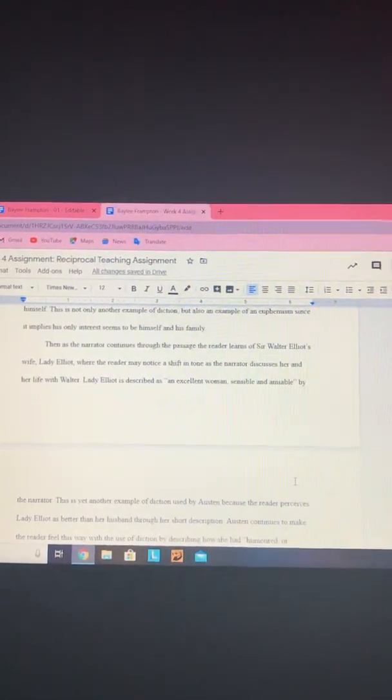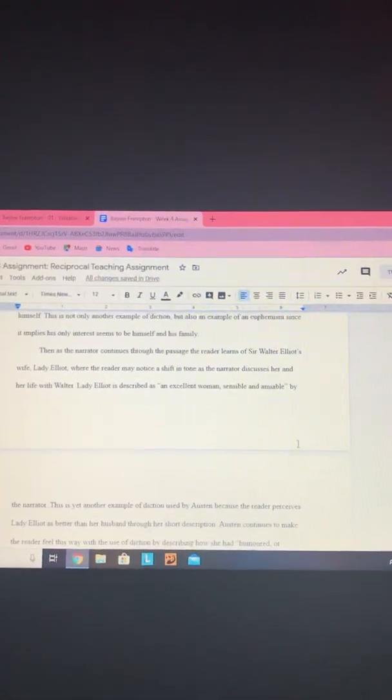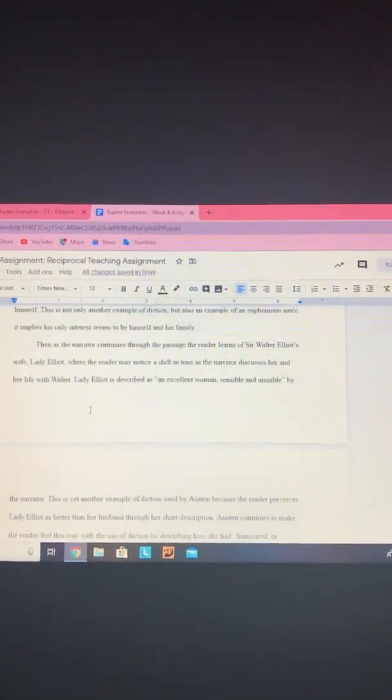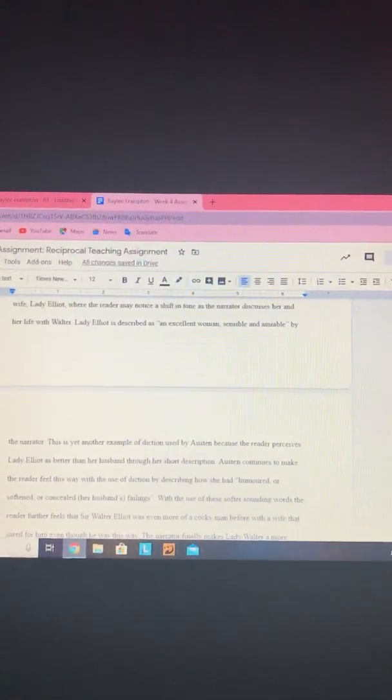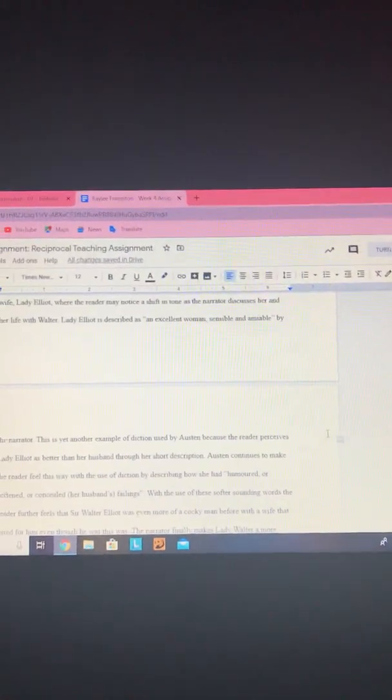Then I discuss how the narrator continues through the passage and describes Sir Walter Elliot's wife, Lady Elliot, as she's called. This is a shift in tone that the reader will notice. Lady Elliot is described as an excellent woman and sensible by the narrator, which is an example of tone and diction, because the reader perceives Lady Elliot as better than her husband through her short description,